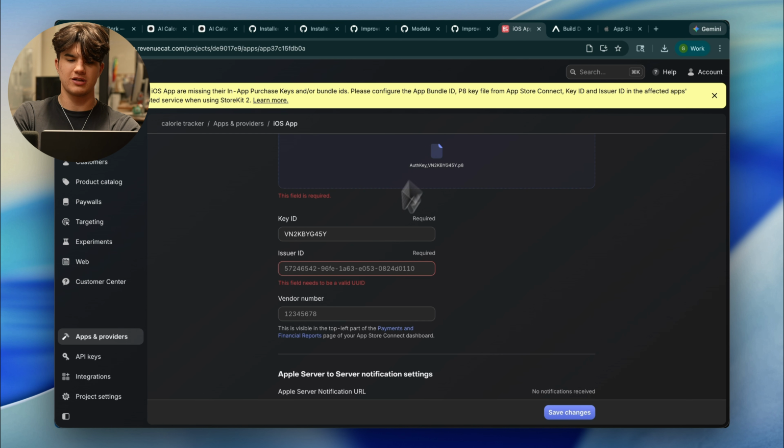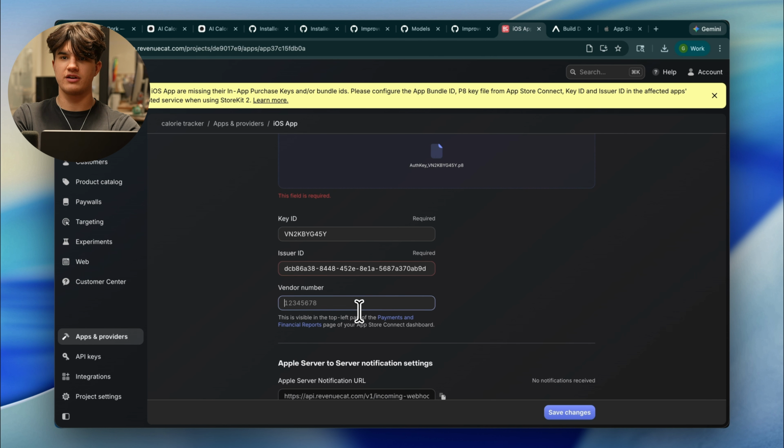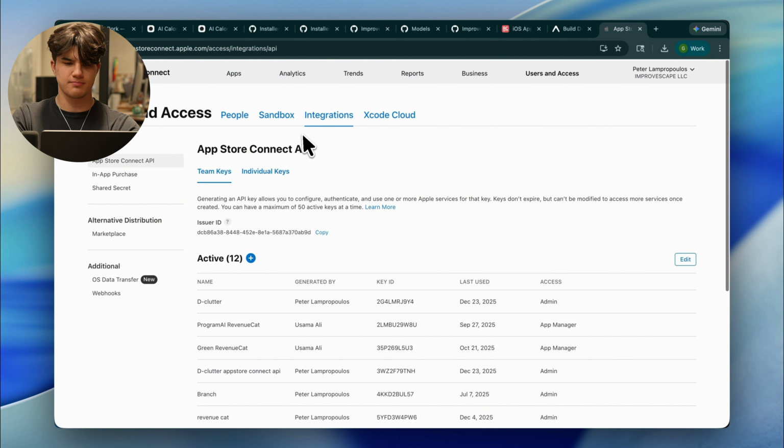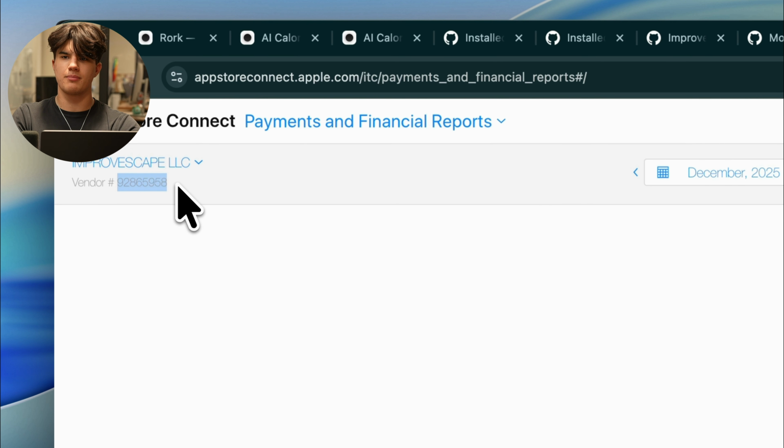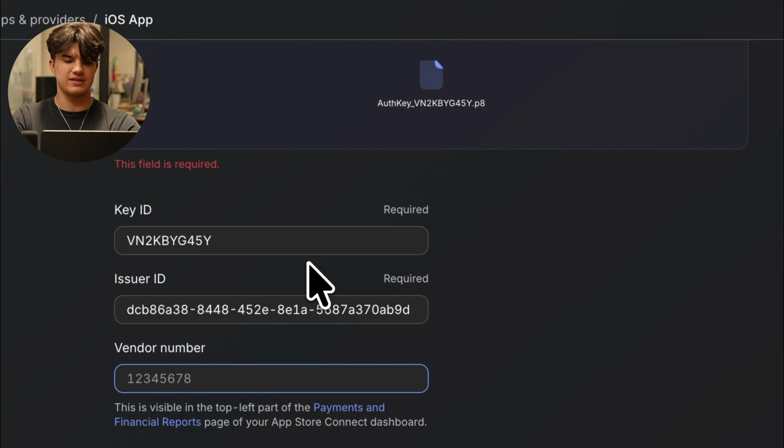It will always be above the plus button, paste it, and now it's asking for a vendor number. Our vendor number is easily findable in reports in the business section. So scroll up, click reports, and in the top left-hand corner, you're gonna see it say vendor number. All you have to do is simply copy that number, go back into RevenueCat, and paste it. Now toggle